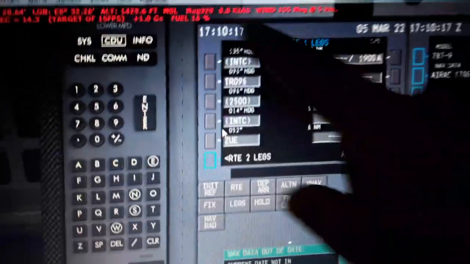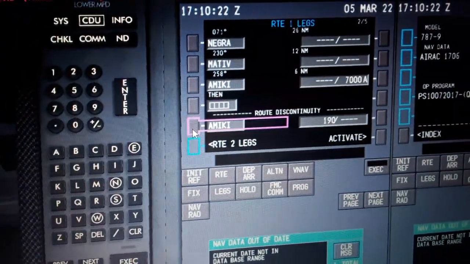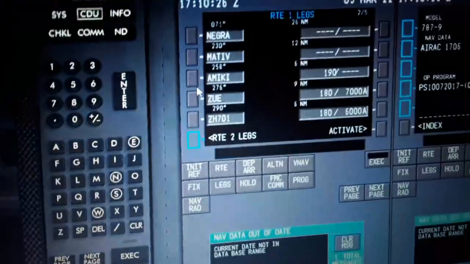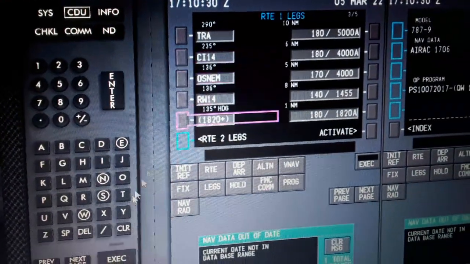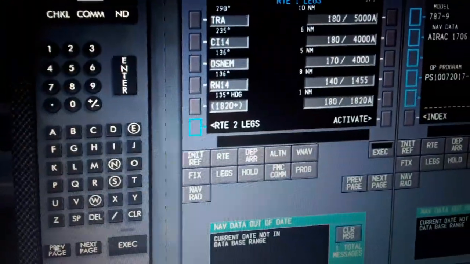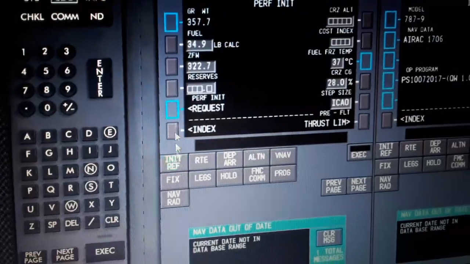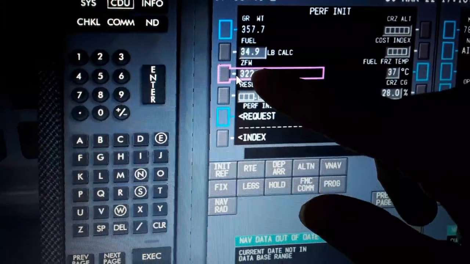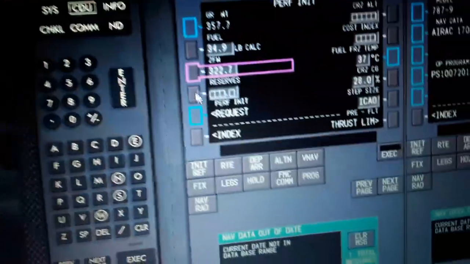We have the flight plan now. It's ready, created, but not yet completely formatted. We need to cancel the discontinuity, a double waypoint. We have from takeoff, climb, cruise, descent, approach, and landing. Over here you will see the distance from each waypoint to the next one, the altitude we have to cross through. So we set the zero fuel weight plus fuel on board in thousands of pounds, 332 plus 34, 357,000 pounds. The reserves